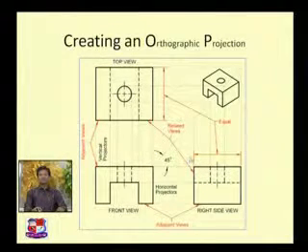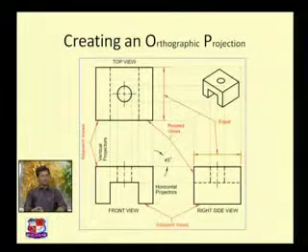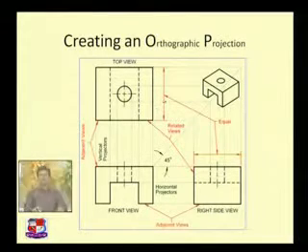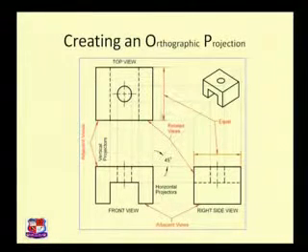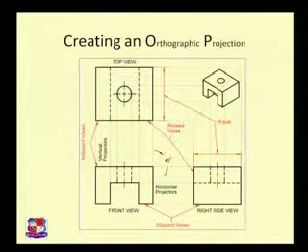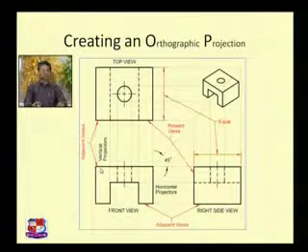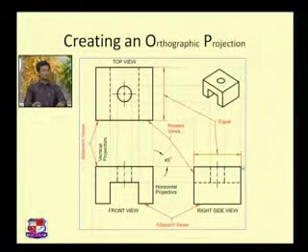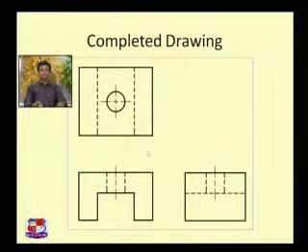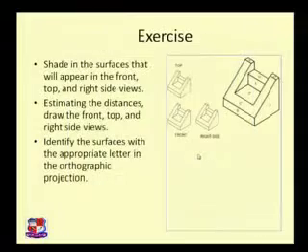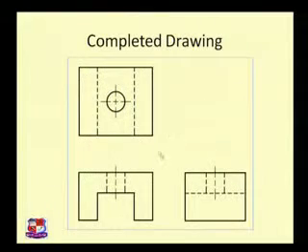These are the conventions. These two dimensions are equal. You can see here the height in the front view and the width in the right hand side view. This angle is 45 degrees. These two are adjacent views. These two are adjacent views. These two dimensions are equal. The complete drawing of the given object would be like this: front view, top view and side view.